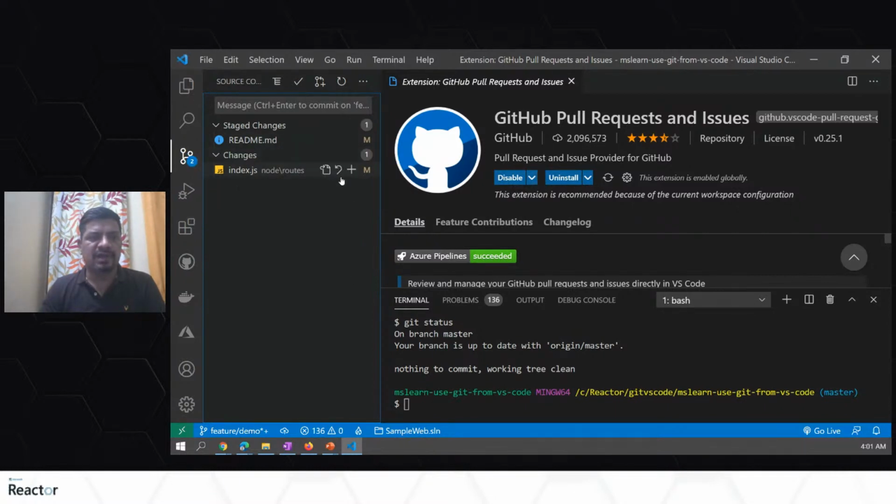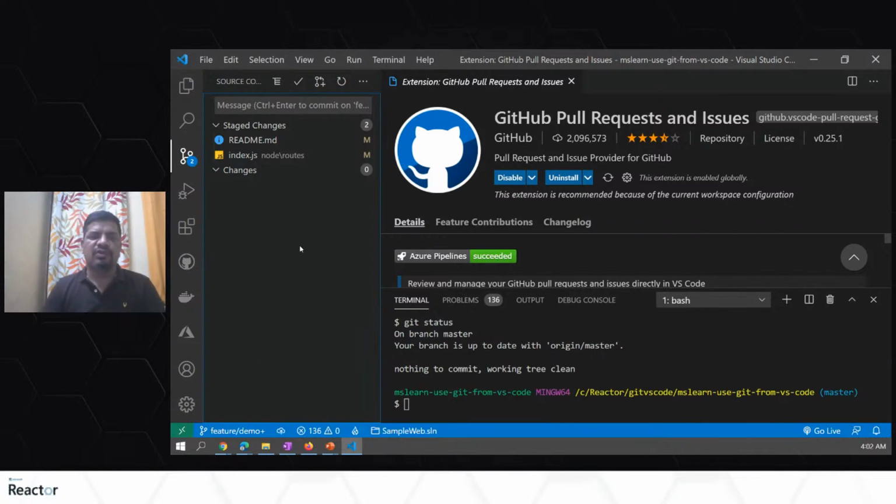As I mentioned, let's say both these changes are relevant, and both are required for the demo we are doing right now. So I made both the changes. Now when I want to commit, this is the icon I'll be using, from where I can commit my changes directly. And then we'll notice the changes, which